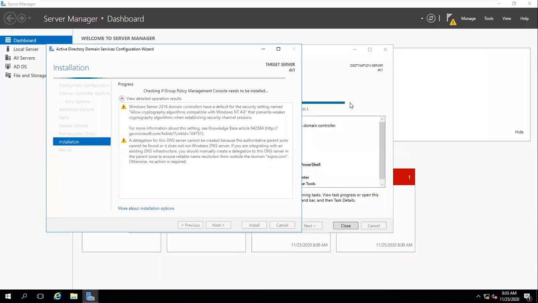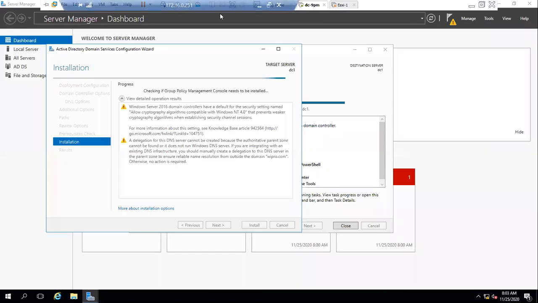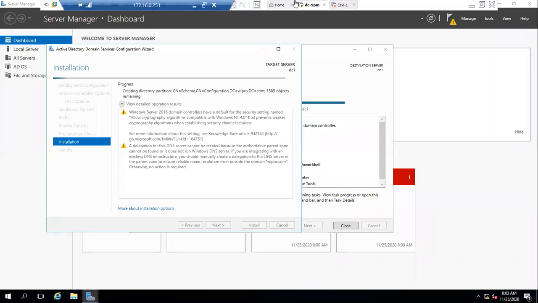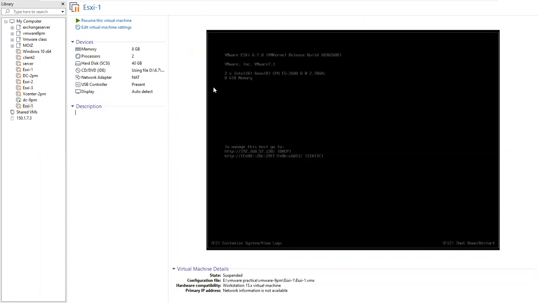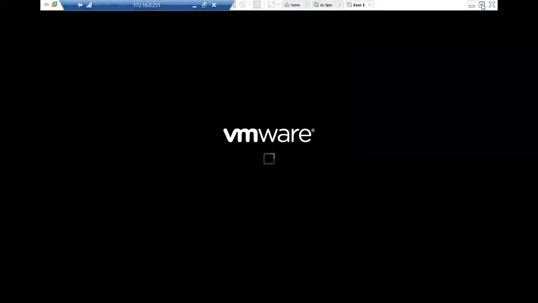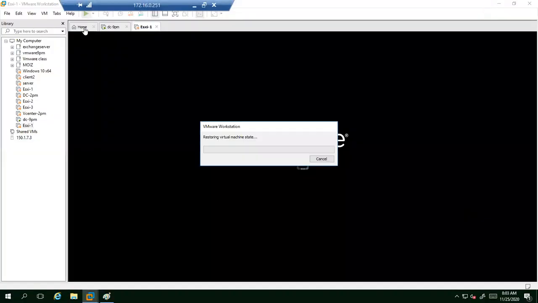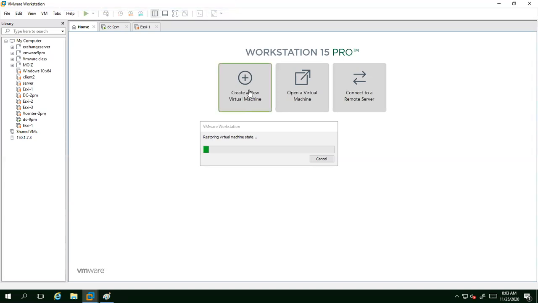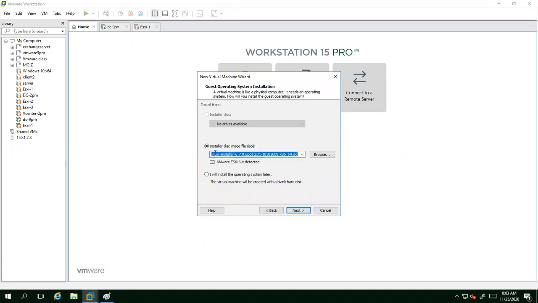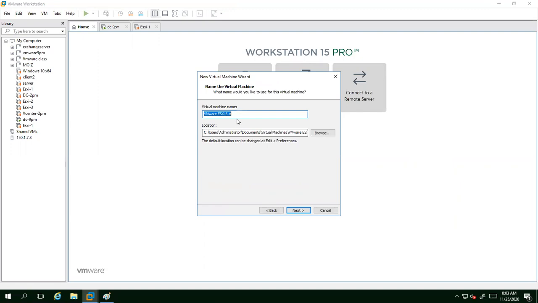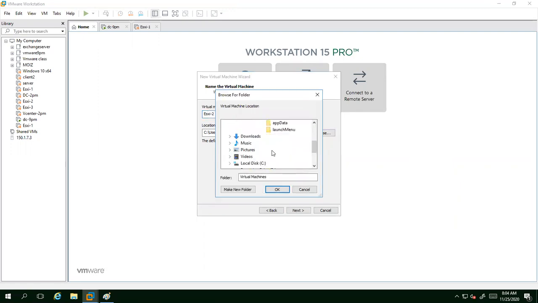So one more time, I'll go here, and if you see, we already have one ESXi. I can power on this one. Now to install one more, you can go home, and from here you can say create new virtual machine. Next, so we'll be installing our ESXi, that is VMware. The name of this ESXi I'll be giving ESXi2,